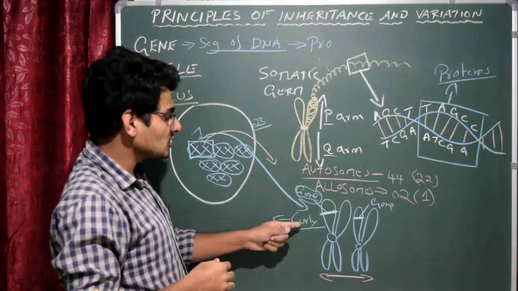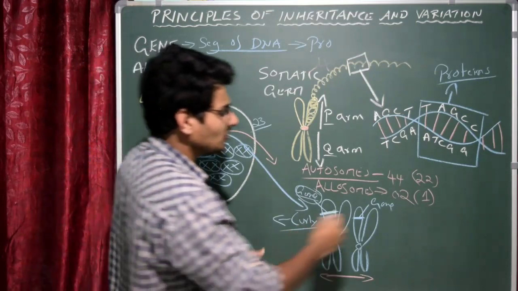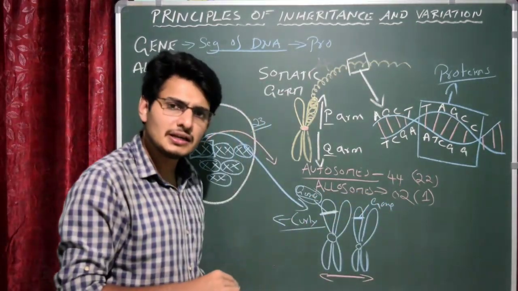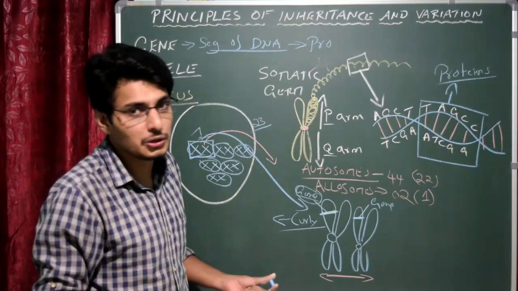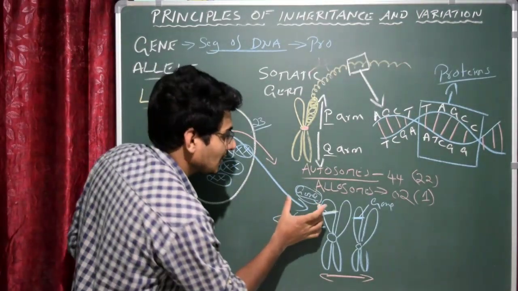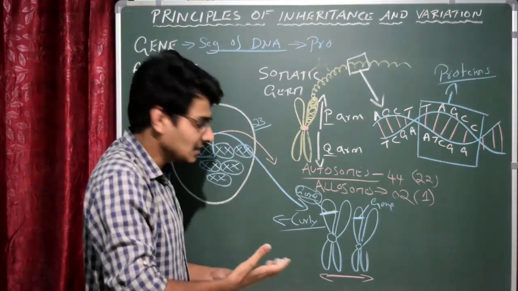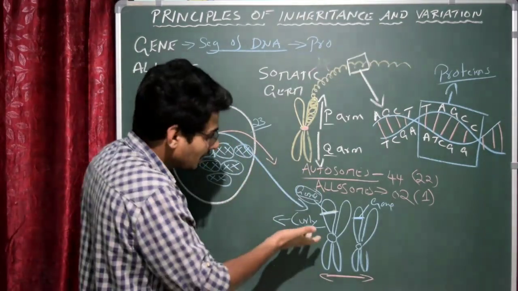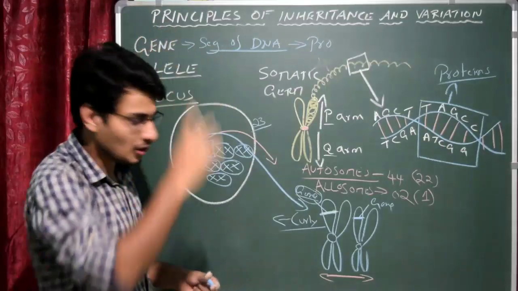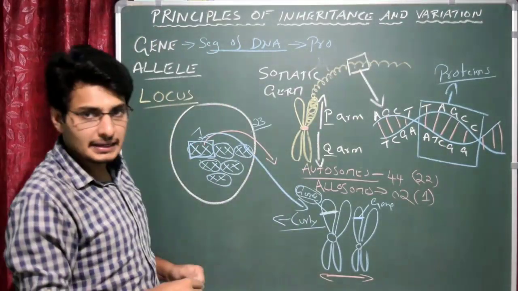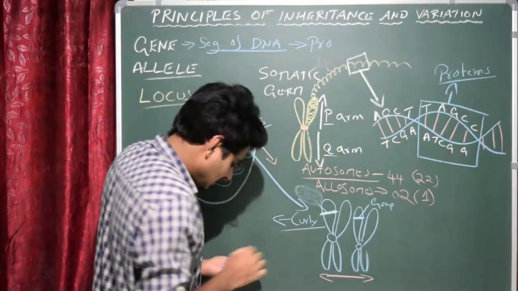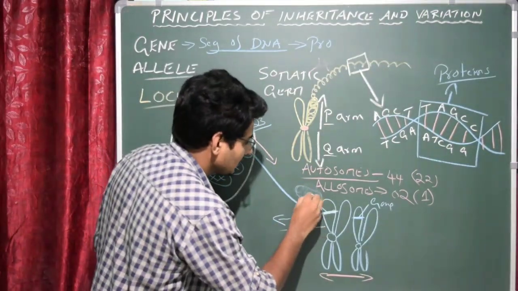This gene is responsible for curly hair, or this gene is also responsible for curly hair, or it is also responsible for straight hair. We don't know. That is the capacity of the gene to express. As a result, more proteins are produced, making the hair type curly. So that is one thing to remember. So now the question is, what is allele? Let us just assume that we will name this as capital letter C.